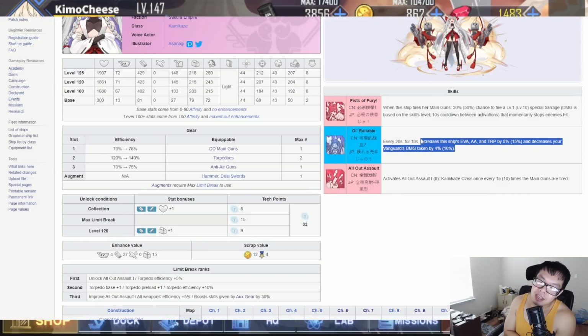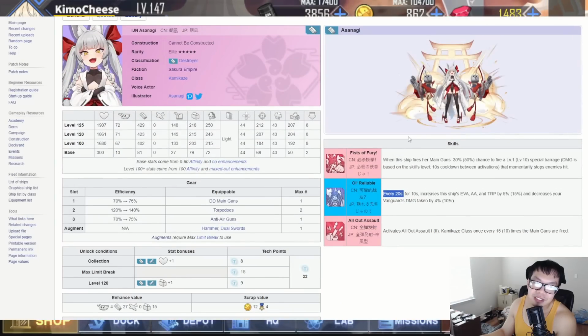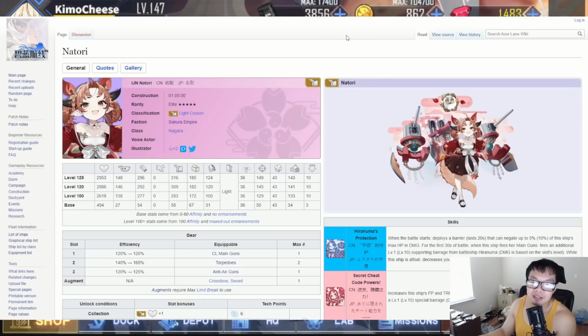So, I will say this: I'm not a big fan of every 20 seconds because by the time this actually goes off, the fight already ends for mob battles. So it's kind of like, yeah, not a big fan. But it is what it is, though. She gets a stop as well. Kind of whatever. And as for Natori,